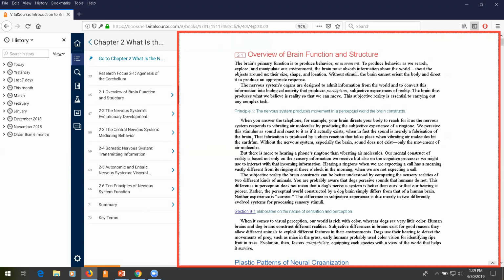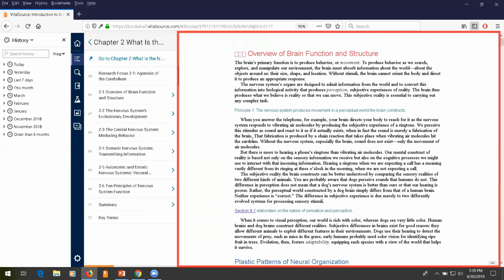The brain's primary function is to produce behavior, or movement. Okay, I'm going to navigate by heading. Plastic patterns of neural organization, heading level 3. And now I'm going to navigate by image, as George did in his demonstration, by simply pressing the letter G